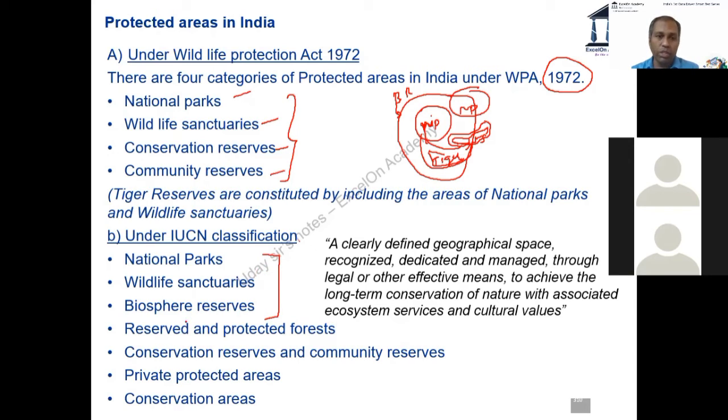It also includes reserve forests and protected forests. It also includes conservation and community reserves. So clearly, the number of areas included under IUCN is more than the number of areas included under the Wildlife Protection Act. It's simply a perception at a worldwide level because they have more countries to look at. So they have included more categories of areas under the protected areas. In India, we have a fairly narrow definition. It does not include even a biosphere reserve, but includes 4 plus 1 area under